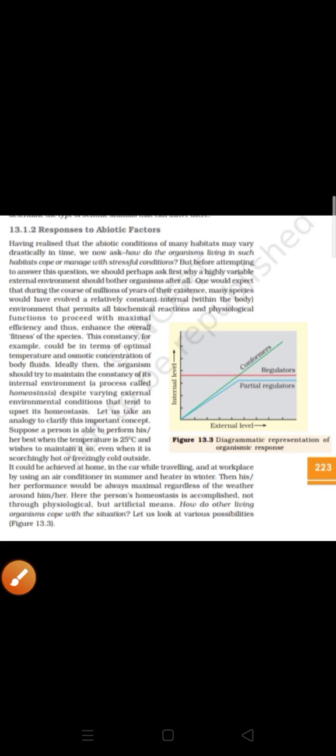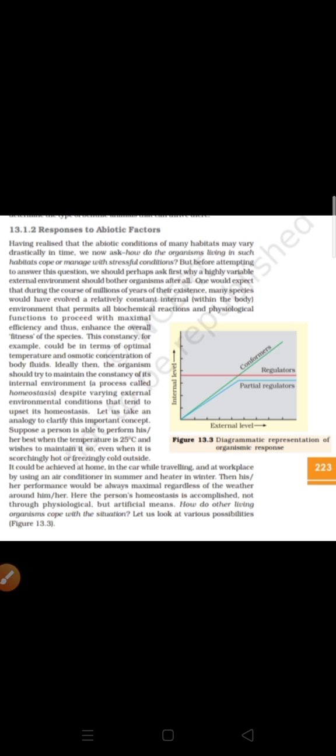So students, today we will discuss the response to abiotic factors, how different factors are responsible and how they influence living organisms and their metabolic processes. As you all know, all organisms have the capability to manage themselves in very stressful conditions, either in very cold areas, hot areas, or moderate areas also.